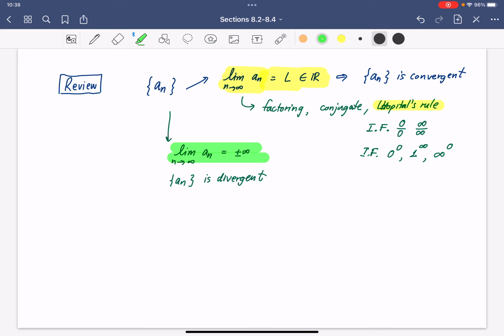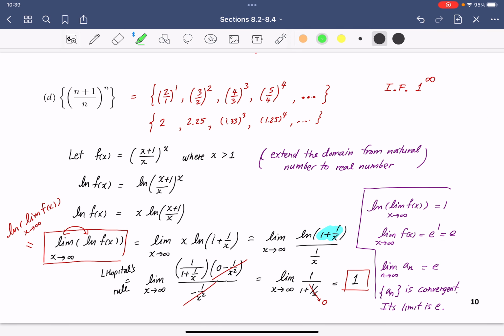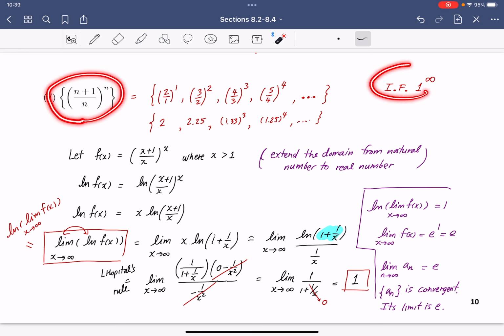This is the content we learned last week, with so many questions on how you take the limit and then make a conclusion. Let's take a look at what we learned last time. For example, this question: last time we learned that if we see (n plus 1 over n) to the n here, you can see that when you take the limit, it looks like it's going to go to 1 to the infinity, because n plus 1 over n inside the parentheses